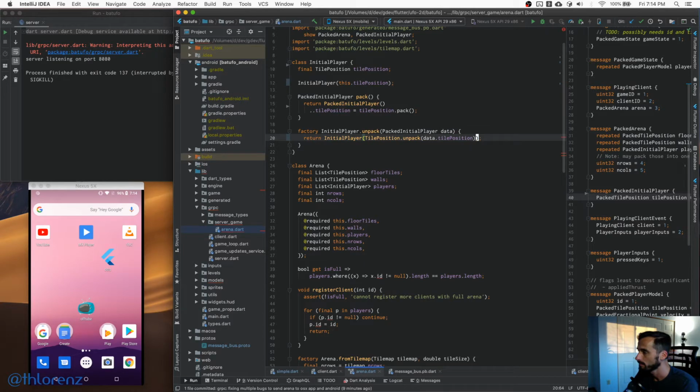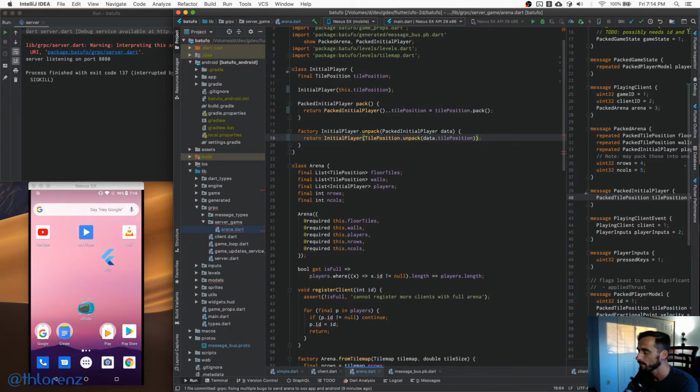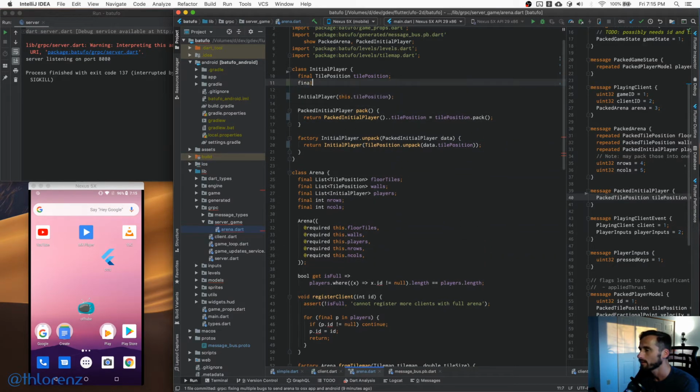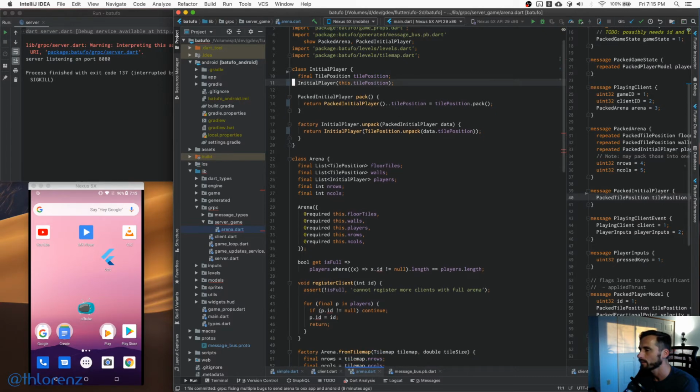So that should work. So now we basically are not sending anything. But the thing is, now we have to keep track of how many players have we set. So the only... Well, actually, you know what we could do is this. We could actually have an... I don't know. Yeah, this is a bit confusing because we want to maybe already give it client IDs. We want this to fill up slowly, but we want to keep sending the arena without any problems. So what we could do though is